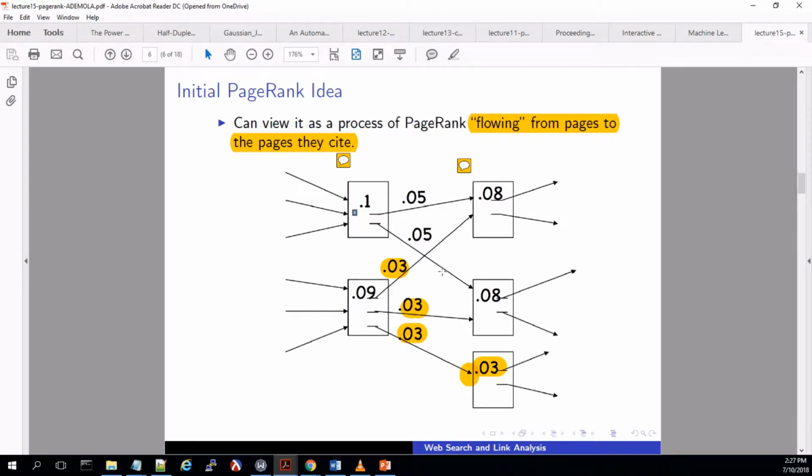But at the same time, a page can be what? An authority, and at the same time a hub. We need to get that clear. Now, we get that clear. You also see that this